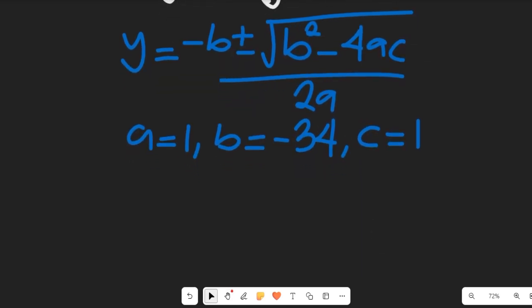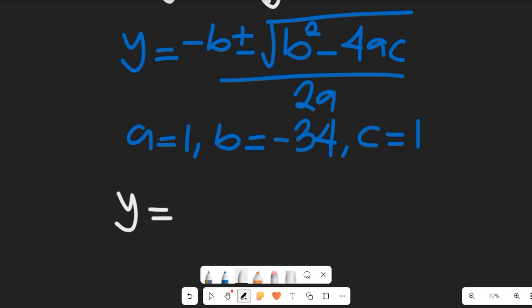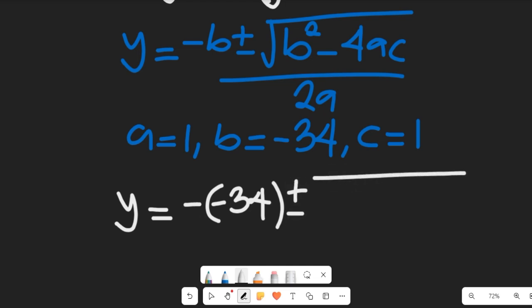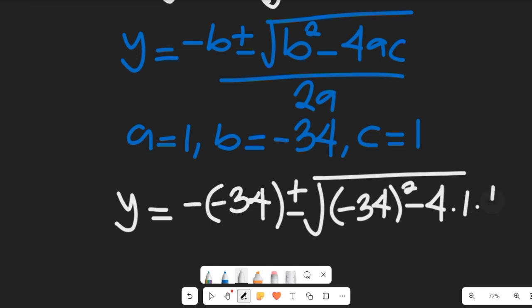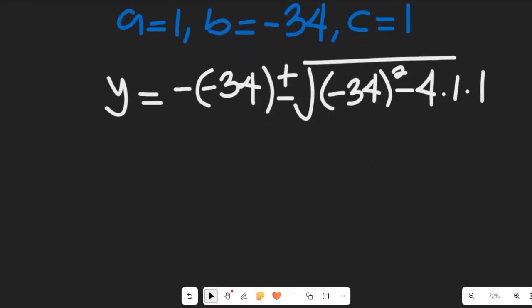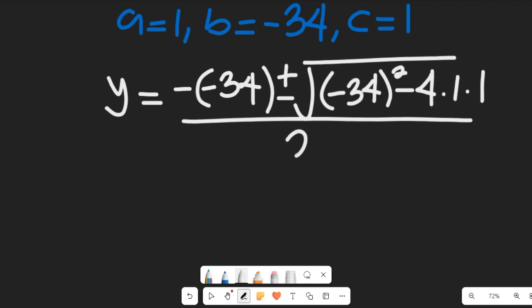So if we simplify that expression by inserting the values of a, b, c, we'll have y equal to negative multiplied by negative 34, plus or minus the square root of negative 34 all squared minus 4 multiplied by 1 multiplied by 1, and all of these will be divided by 2 multiplied by 1. So the value of our y will be equal to minus minus will give us 34